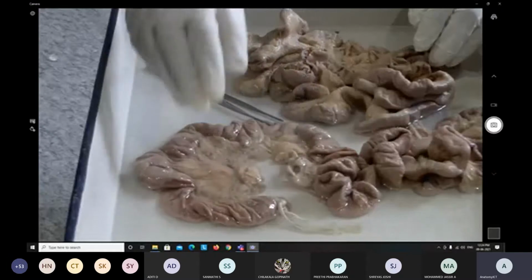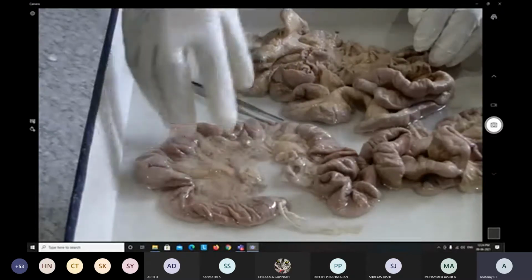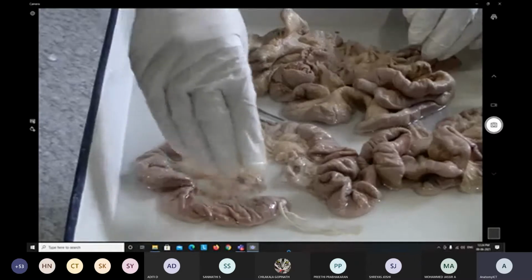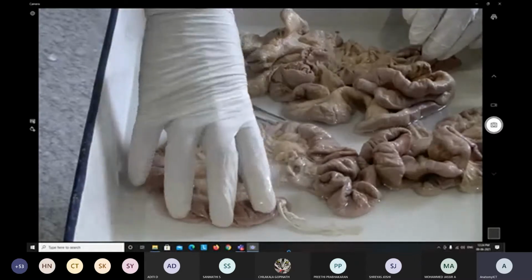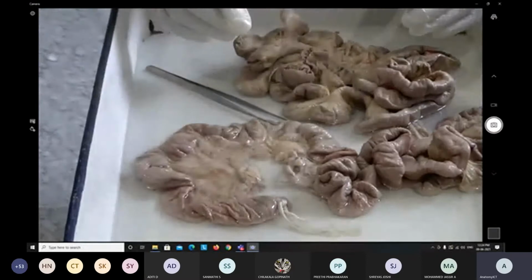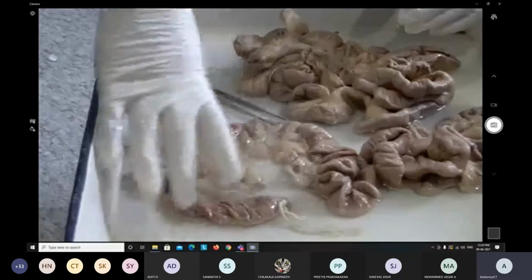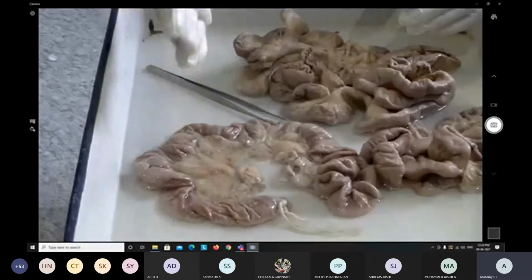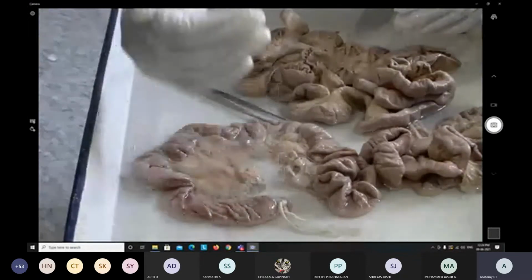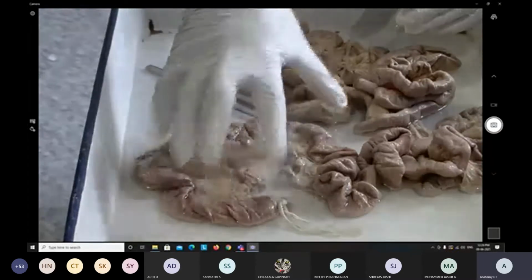In relation to the abdominal cavity, in relation to the vertebral column, this is exactly at the level of L1, L2, L3. So this whole small intestine is present there. Now L1 to L3, the whole content is represented in the abdomen, just below the epigastrium and just above the hypogastrium. It means exactly within the umbilical region.